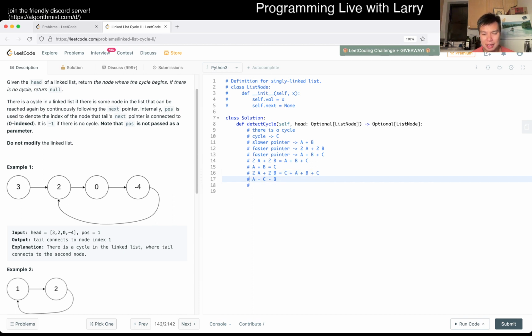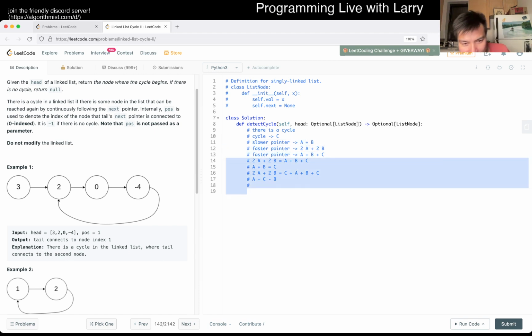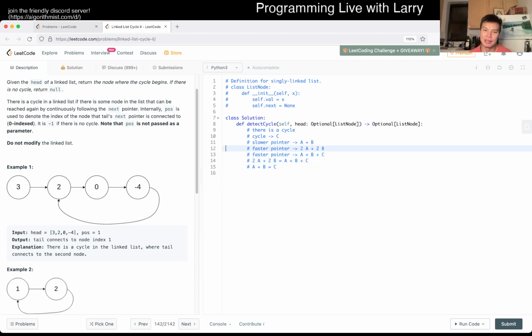Okay, so let's say we have this thing and we want to add, or maybe this thing, right? Actually, let's step back for a second. We know that this is the length of the cycle, and that means that if we add another A, then this is the cycle and this will be C, and then we'll get A. Okay, I think that's how I do it. Sorry about the red herring. Yeah, I think that's how you do it, right? You have A and B on the slow pointer.